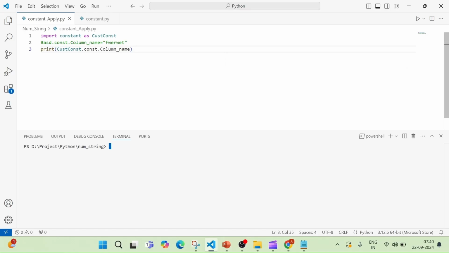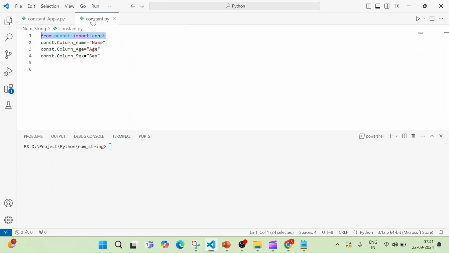Okay, so the very first thing to always remember is that the constant file should be separate. You cannot mix constants with the same file, otherwise your code readability and code maintainability are not appropriate. That's the reason I've created a constant file here, named constant, but you can give an appropriate name based on your project. And as I already explained, you need to install pconst as a package,